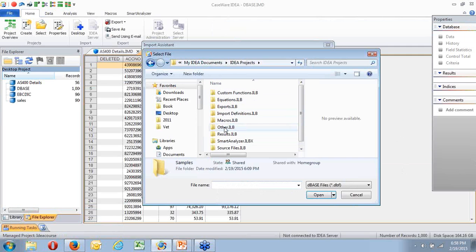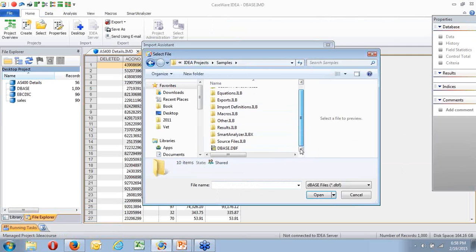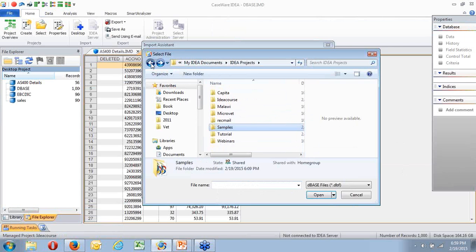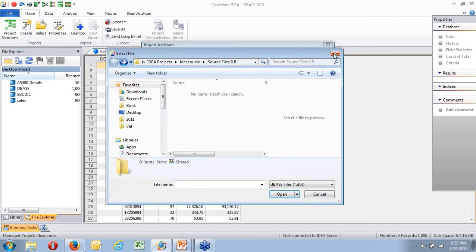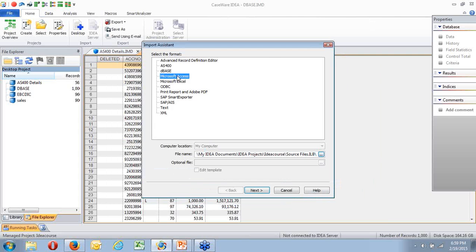Samples. Do I have one? I don't think I do. No. Apologies, so I can't bring in a Lotus one for you. Close that down. We'll bring in an MS Access one, and the MS Access one, again, is going to come from my samples folder.